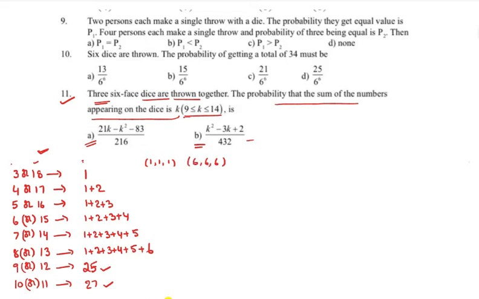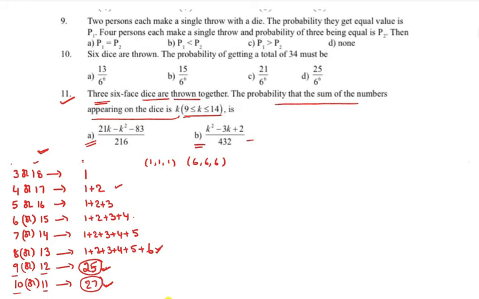Similarly for sum 4 you will get 3 cases, for sum 5 you will get 6, for sum 6 you will get 10, for sum 7 you will get 15. That's why you can remember up to here easily. Whereas for sum 9 and 12, this is 25 possibilities, whereas for sum 10 and 11 you have 27 possibilities. So these you have to remember for objective exam purposes.